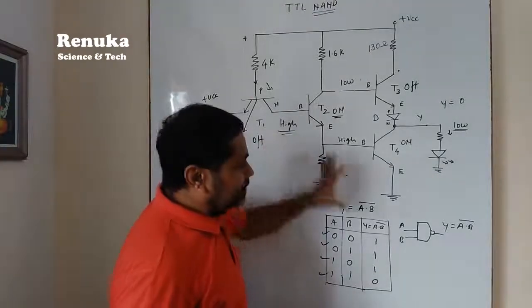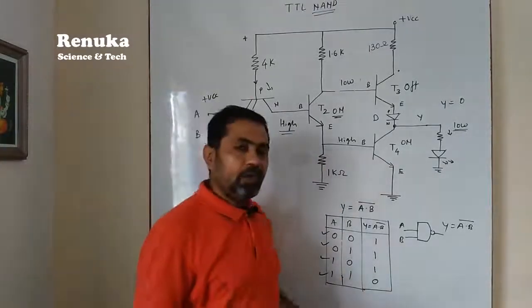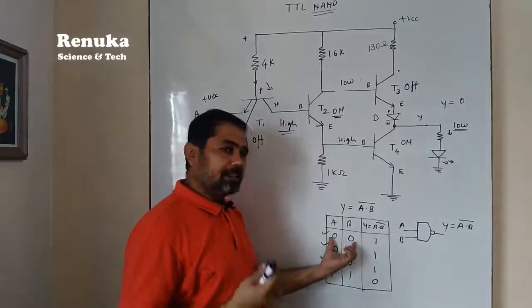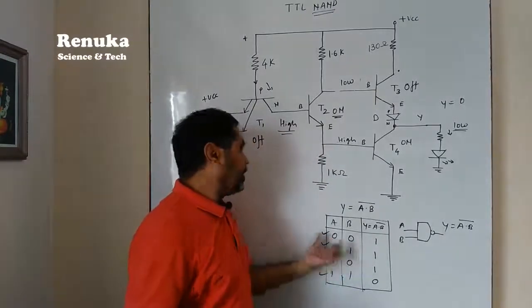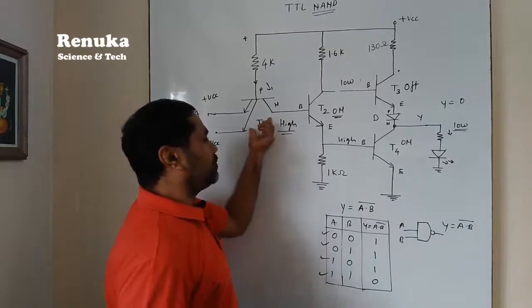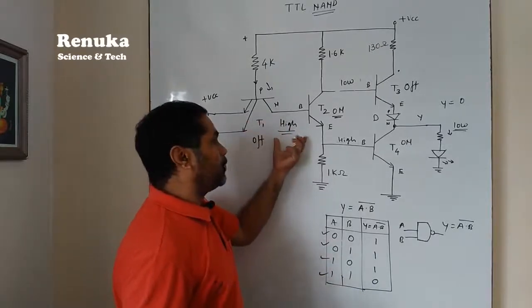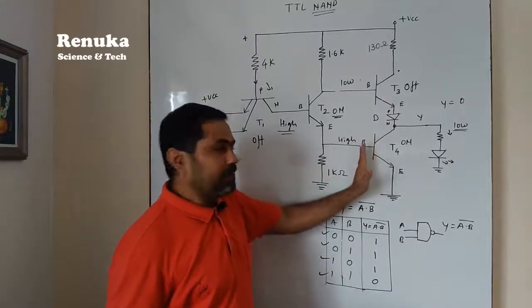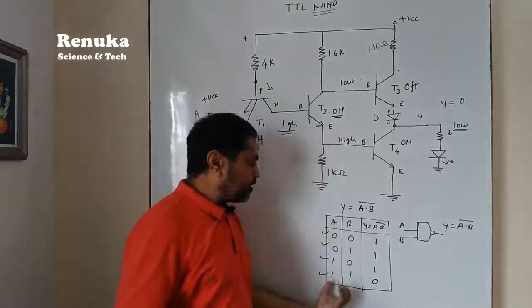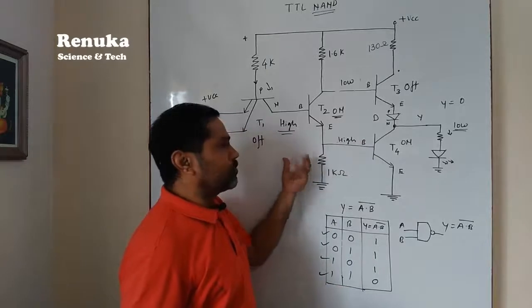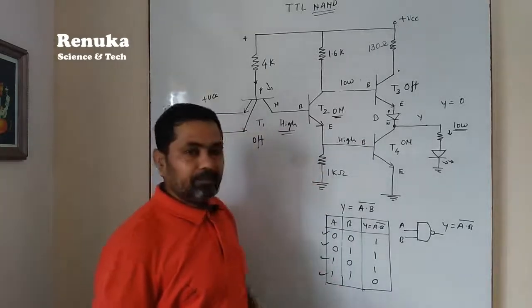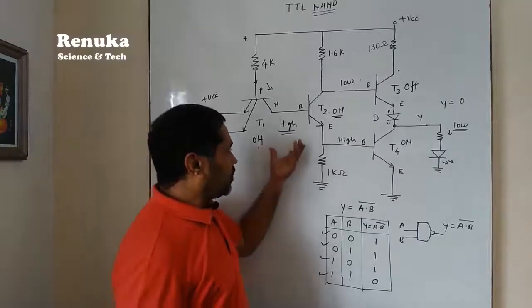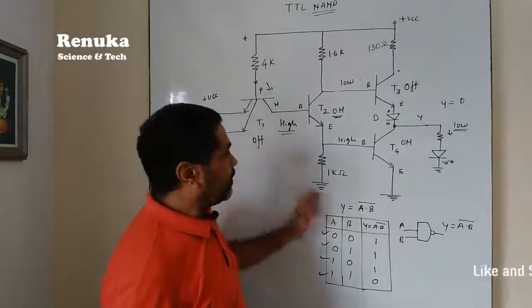So to explain this type of circuits, what we have to do is first consider, one by one, the conditions of input, what is happening with the transistor's input, and what will happen to the transistor output. That can be clearly summarized, and we can explain the truth table using this circuit. So from the exam point of view, we can draw this circuit very easily in a few steps.